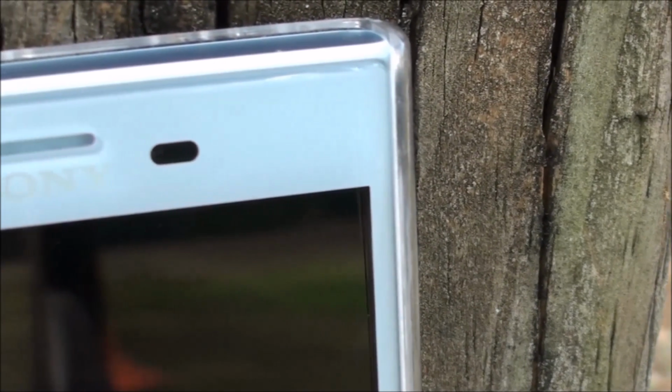The only downside that I found to these speaker grills is that lint and other debris can find their way